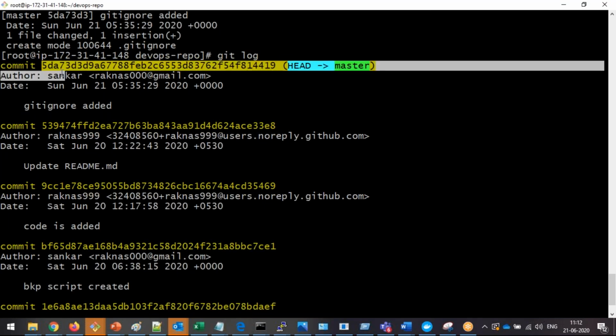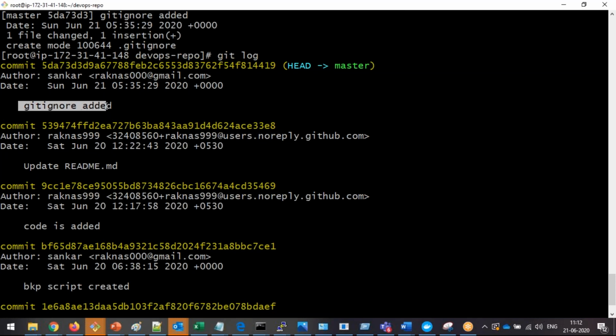454 is changed to some 5DA and git ignore is added. The commit message is changed. Right. So likewise, we can modify your commit messages with the option called --amend. Git commit --amend, then followed by -m and the message. Right. So now